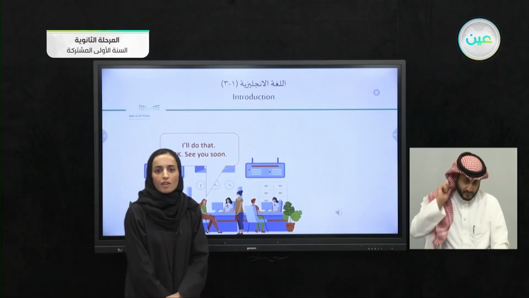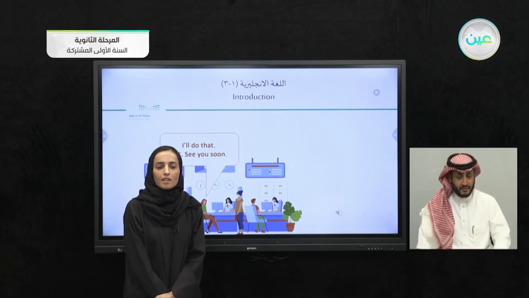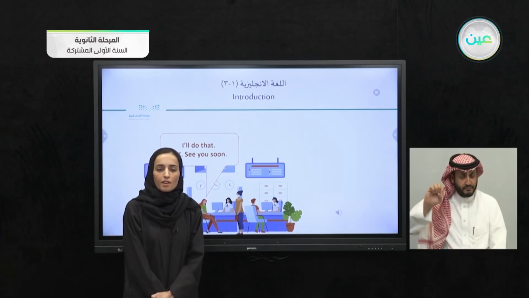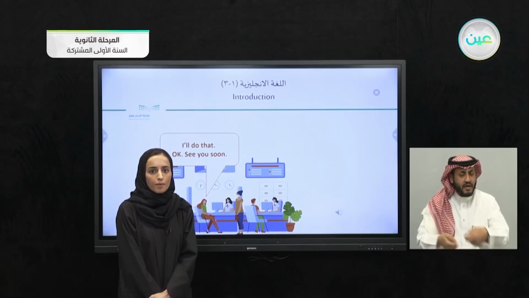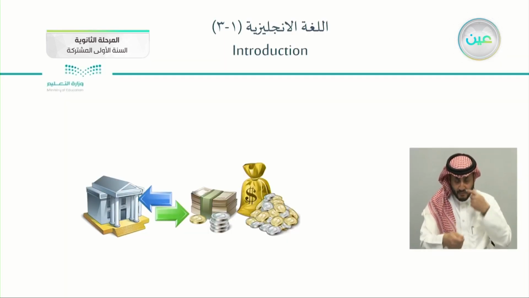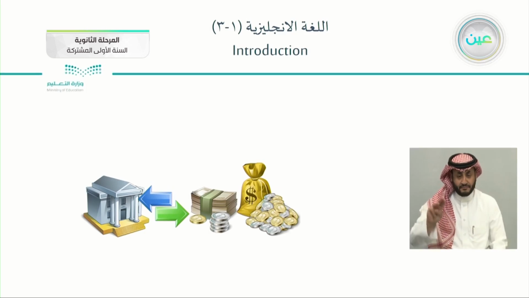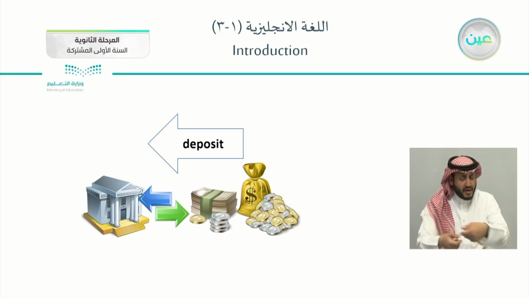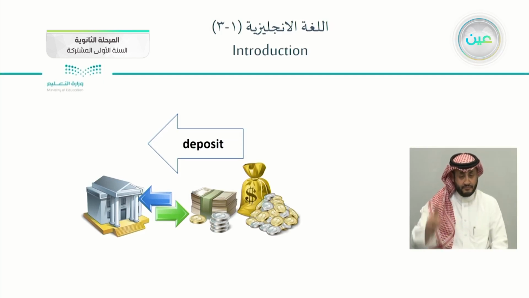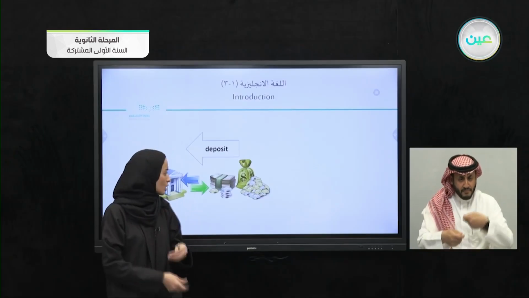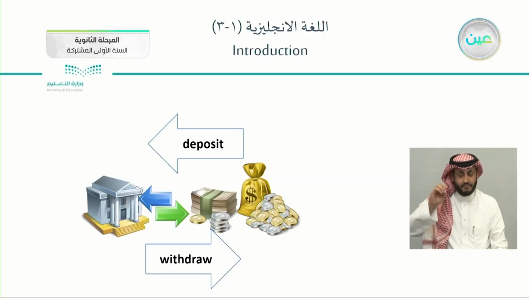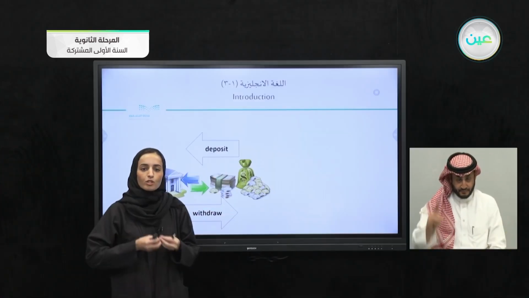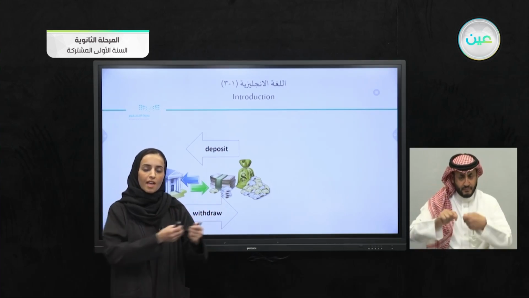So where are they? Here we're having Yasmin and her cousin Amal at the bank. They are at the bank trying to withdraw some money. Now, we said that they are trying to withdraw money. When you are at the bank, you're doing one of two things. Whether you are depositing money, you are putting your money at the bank, giving them your money, deposit, or you will take your money from them, which is the idea of withdrawing. I don't have cash, so I will take it from there. So deposit and withdraw, which is taking, like give and take.